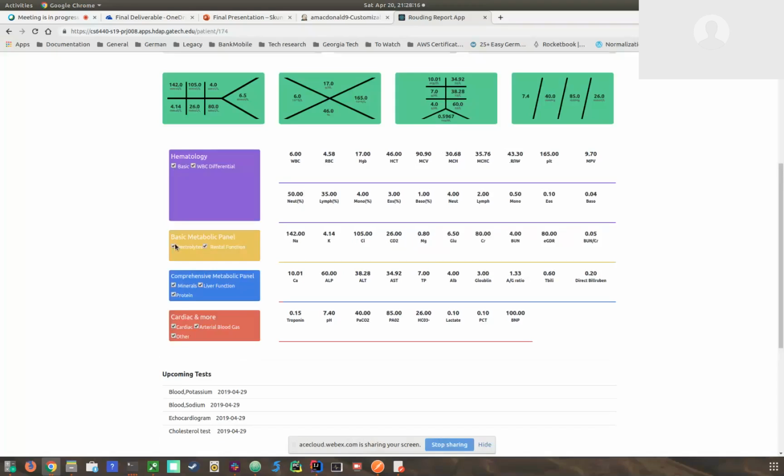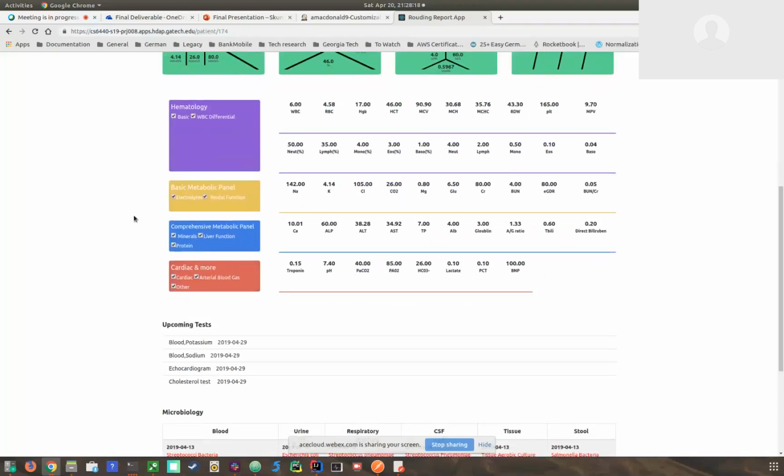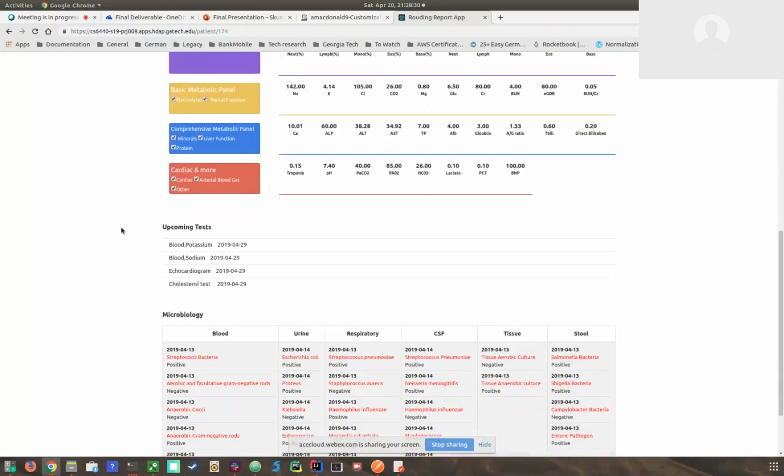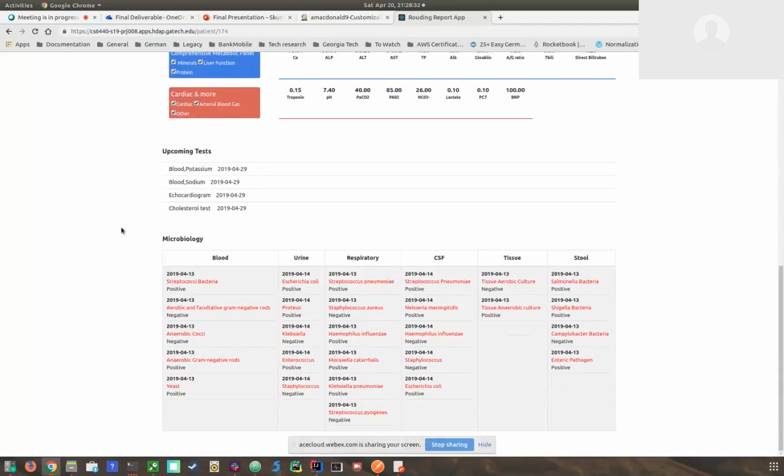Next is Matt again. Hi, yeah, so we got 2 more sections to look at here. So one of these is just upcoming tests. This is straightforward, what kind of test the patient might be having in the next day or days. And in the last section, this is all microbiology tests. So what that is